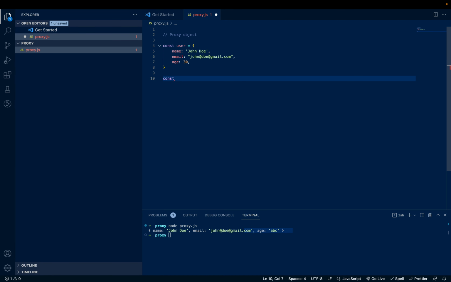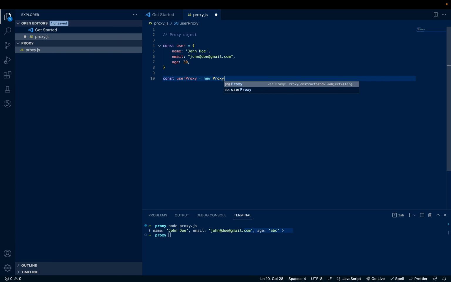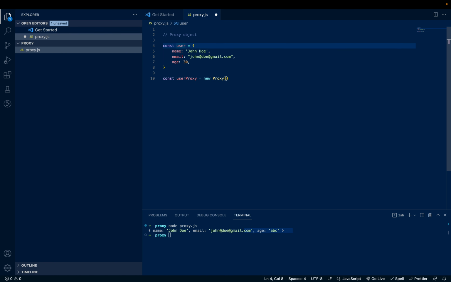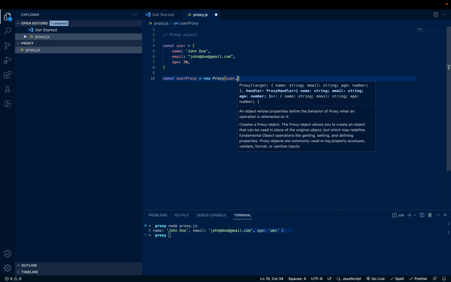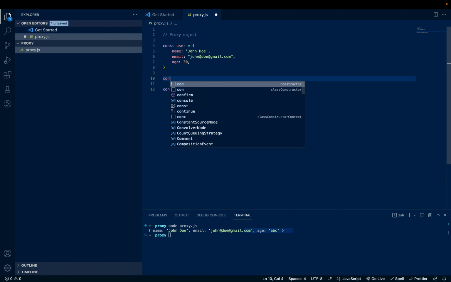So we'll be creating a proxy object. Let's call it userProxy, and this will be a new Proxy. Here you need to provide your target object, which is going to be your user. We are creating a proxy for this user, and then it takes a handler where we'll be intercepting and modifying our data. And this is an object,